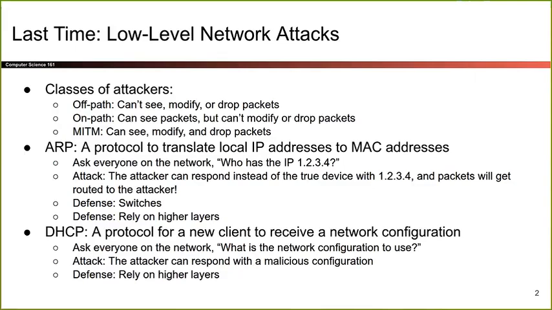But again, you have the same attack where the attacker could give you a malicious configuration. And usually you accept the first one you get. So if the attacker gets there first, then you have to accept the attacker's malicious configuration. And again, if you accept their malicious configuration, all your packets get sent to the attacker first before the attacker can forward them to their legitimate destination. So again, the attacker becomes a man-in-the-middle attacker. And for DHCP, there aren't really any good defenses because you just don't trust anybody. So there's nothing you can do except just broadcast a request. But there are defenses at higher layers, which we're going to start to see, I think, tomorrow.